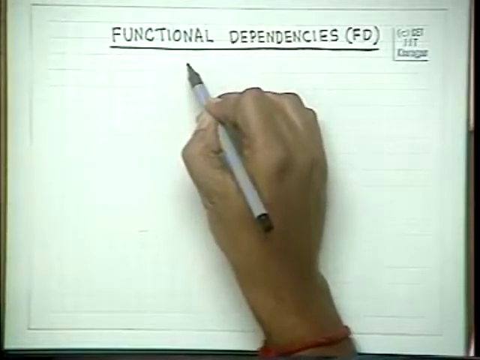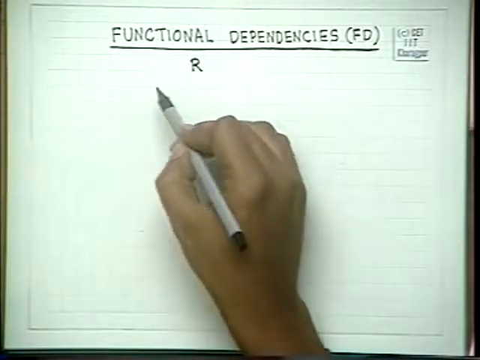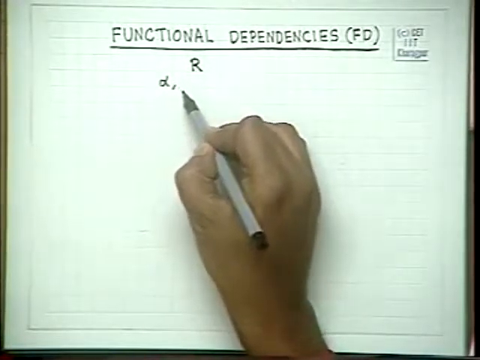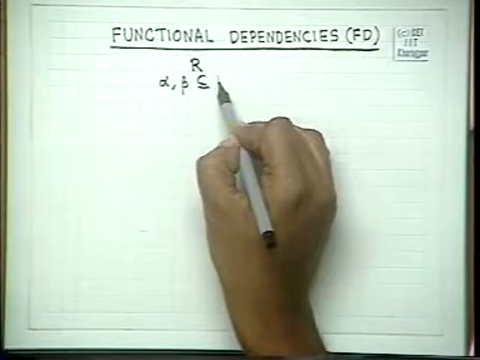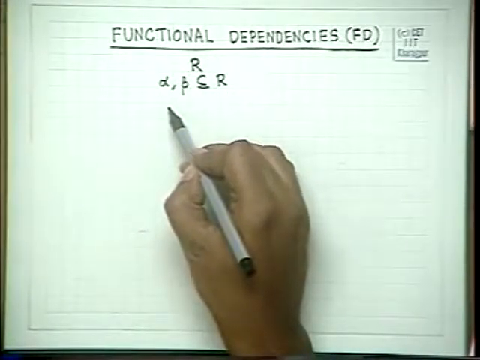We shall continue with our study of functional dependencies. We have studied several other integrity constraints like domain constraints, referential integrity constraints, and we just began the concept of functional dependencies. And we found out that if we have a relation scheme R or any set of attributes R, and alpha beta is a subset of this relation scheme or this set of attributes, then